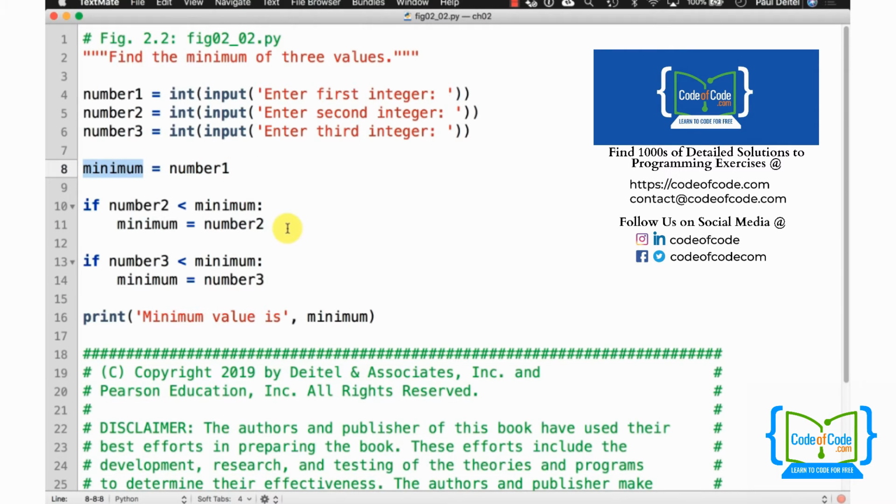Then we went ahead using the if statement that we saw earlier in this lesson and determined whether either of the other 2 numbers that the user input were less than that value. So if by any chance number 2 was less than what's currently in minimum, then we assign number 2 to minimum. And if by any chance number 3 is less than whatever's currently in minimum, then we assign number 3 to minimum. After those 2 if statements, we're guaranteed that the variable minimum contains the smallest of the 3 values,